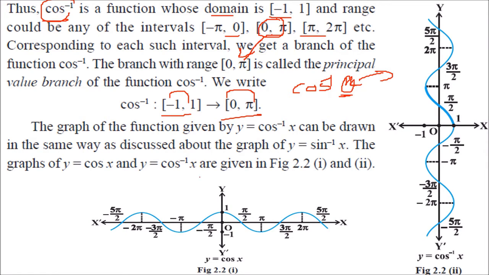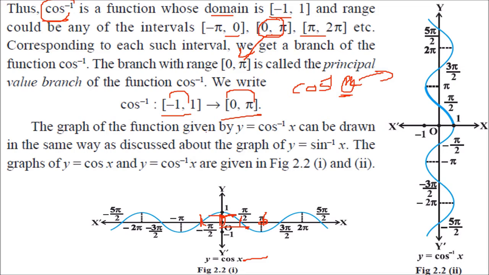And if you see the graph, cos x is like this, and we are restricting ourselves to 0 to pi. Why are we restricting? Why are we not taking this part to this, or this part to this? See, if I take this range, this value and this value will correspond to a similar value on the y-axis, and that will contradict our assumption of inversion, because this will not be 1-1. We want 1-1 and onto. That is why we are taking 0 to pi. If I take this value, I'll get a unique y value. If I take this value, I'll get a unique y value.